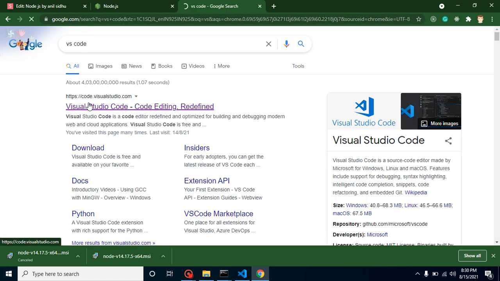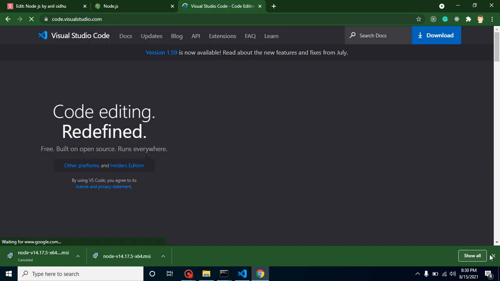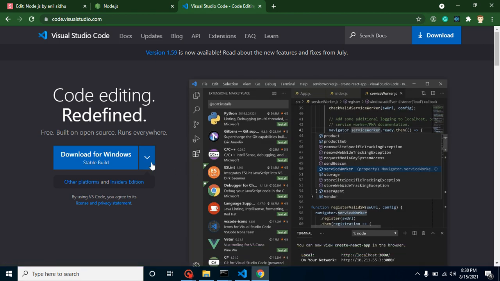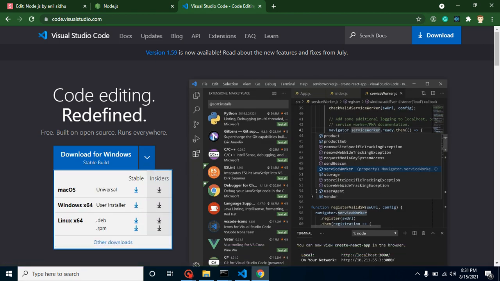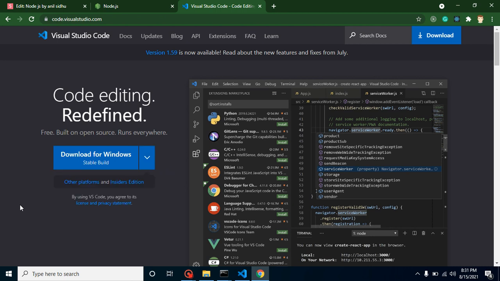You can see on the official website that it is available for all operating systems, Mac, Windows and Linux, and it has lots of plugins. When we are writing code, sometimes we need plugins for debuggers and to format and beautify the code. So this is the perfect tool for a Node.js developer, and this is totally free of cost.